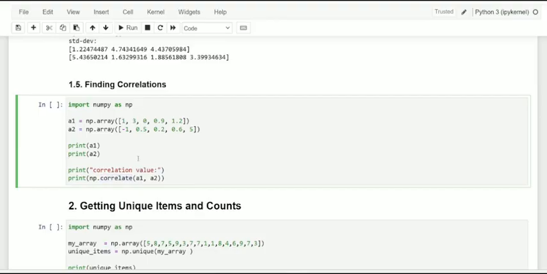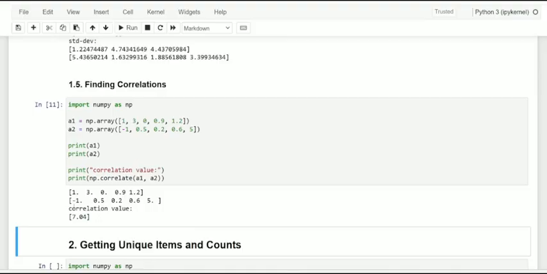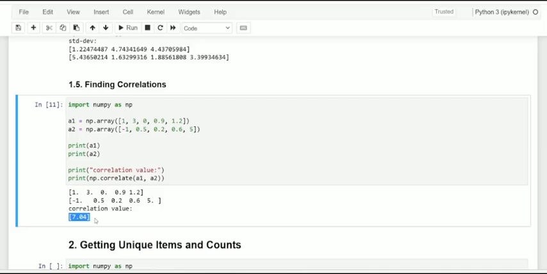Kindly observe, dear friends, when passing them, we get the correlation value as 7.04. Of course, it is positive. So it means that if one variable is increasing, the second value would also increase. That is specified as positive correlation.